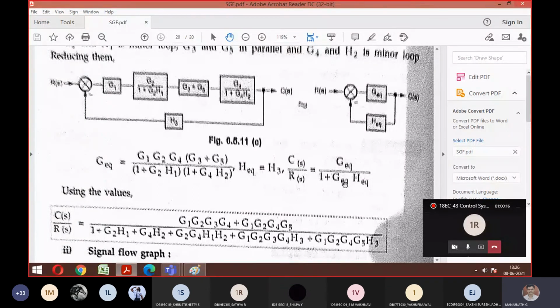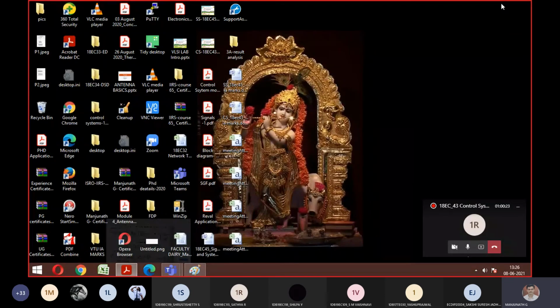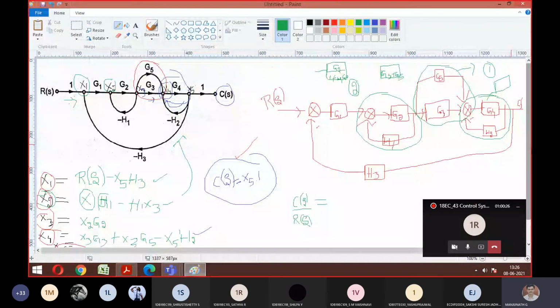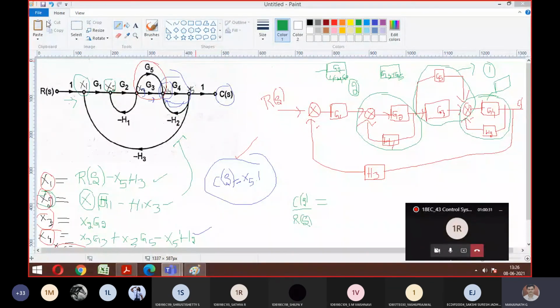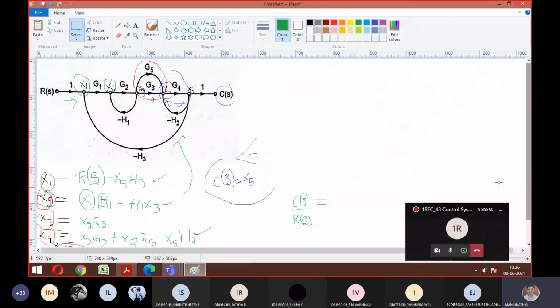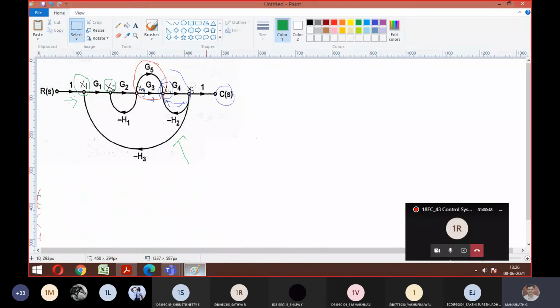Yes, sir. Okay, fine. So now let's move on. We'll keep this answer aside, because I want to analyze this with the later part. So now we'll move on with the next concept, guys. Same thing you repeat using the signal flow graph now. The block diagram technique we have applied to get a transfer function and we got the answer. So let's try to analyze with respect to the signal flow graph procedure. We have to get the same answer, so don't write the answer blindly. You need to prove it. Okay, so write the steps involved here. First step, how many forward paths do you have?